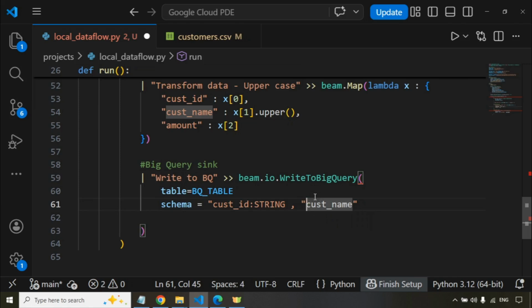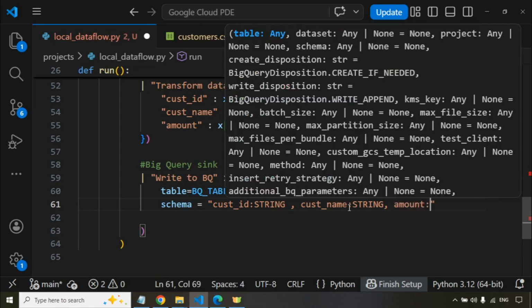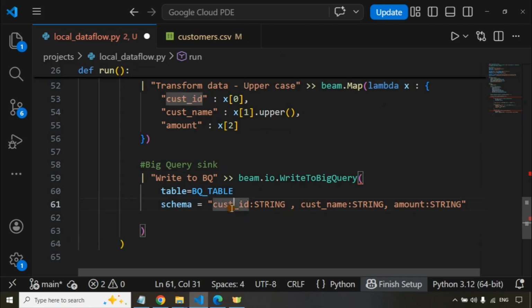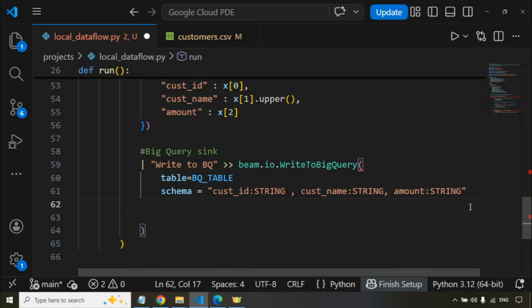So comma customer name, this is also string, and amount, this is also string. So this is my table schema. So we have the customer ID here, this will be a string, customer name string, amount string. Okay, so it means I want the same column names for which we have transformed the data, right? So we need to provide table, and then we need to provide schema, and next is what exactly